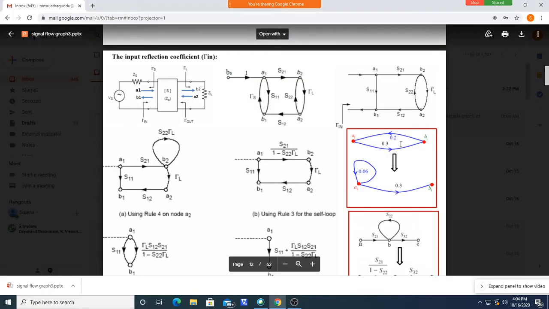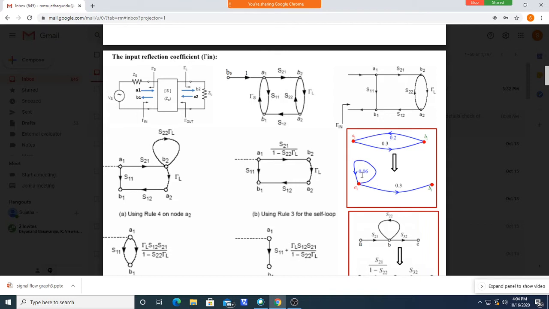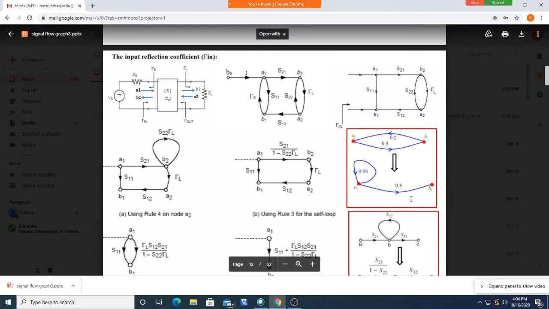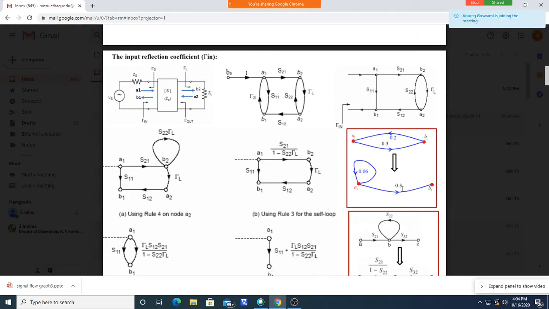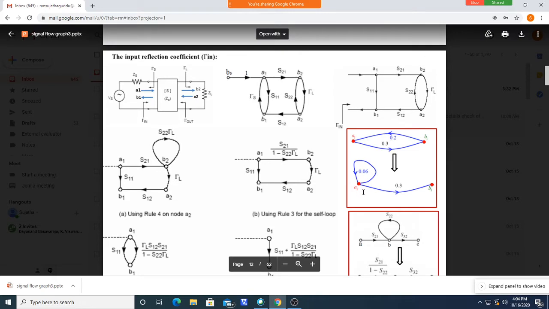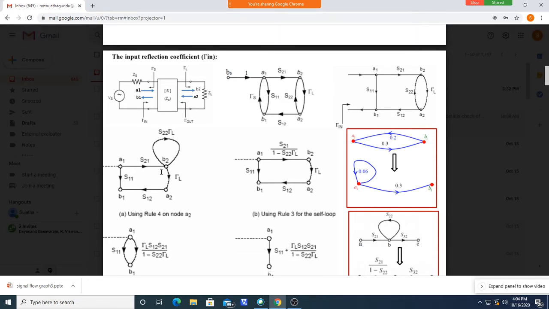So that signal flow graph can be a self loop like this and a branch; the outgoing branch remains the same. If there are parallel branches like this in the opposite direction, you can replace them with a self loop and one branch like this. By applying this, you will have the following.